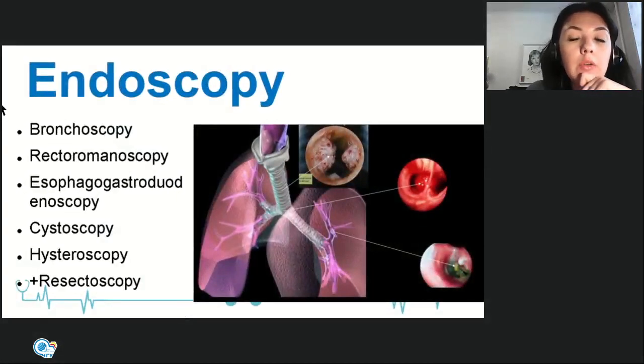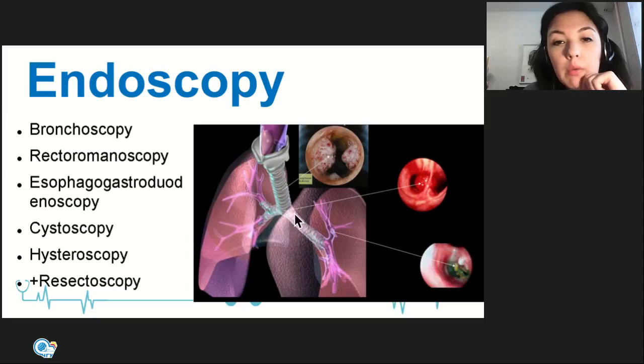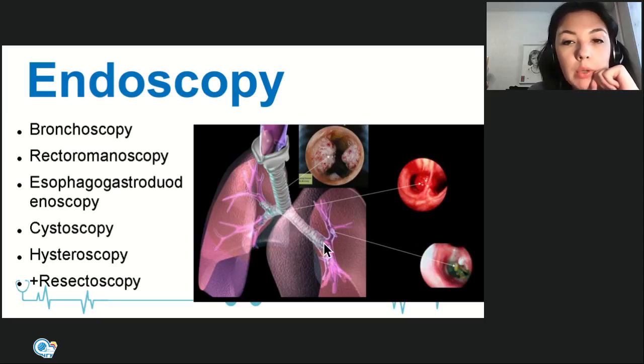Endoscopy. There are many types of endoscopy, like bronchoscopy, when we observe the trachea and then the principal bronchi, and we can even reach the lobar bronchi. We can find some tumor, or maybe we can find some foreign particle and we can remove it. Yes,